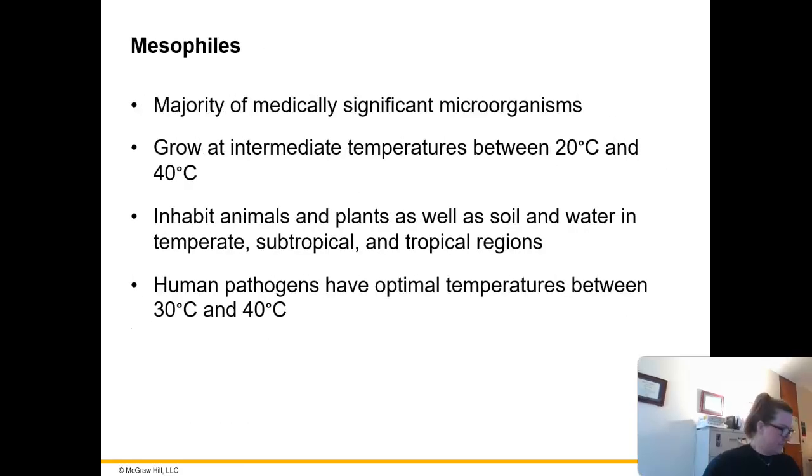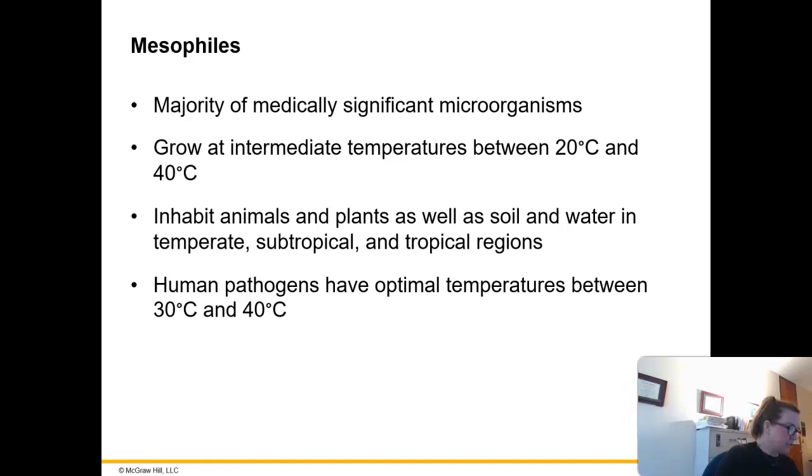Let's go back one minute. So mesophiles, I did want to tell you about one of them. Staphylococcus aureus grows optimally at body temperature, but is also facultatively psychrotolerant, meaning it can survive and multiply slowly at refrigerator temperatures. So while we think, stick it in the refrigerator, that'll take care of it, Staph aureus can continue to grow in the refrigerator. We also have Listeria